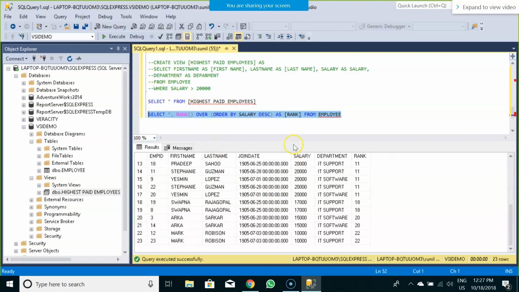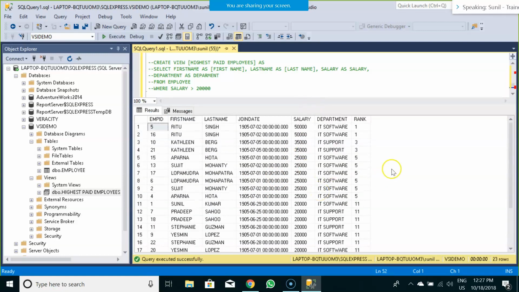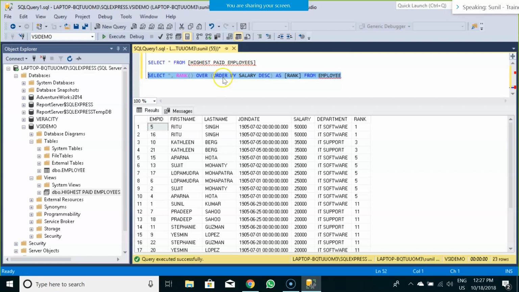Okay. Can anyone tell me what has happened over here, looking into this particular query? I have applied rank on the salary column.